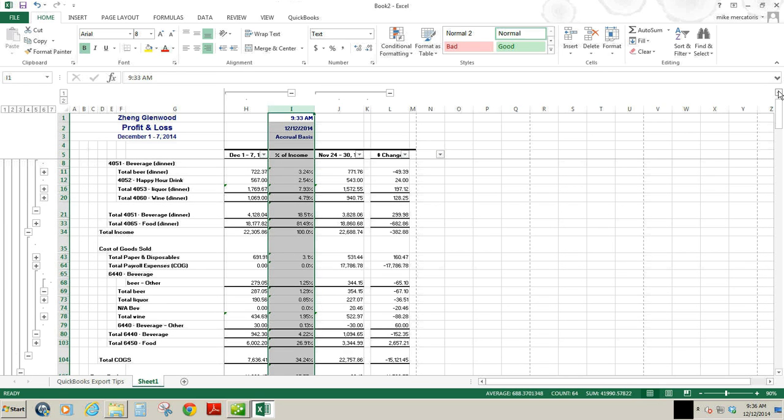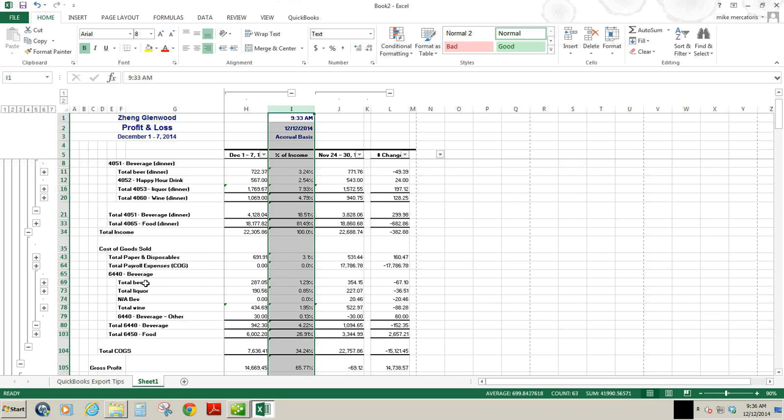So the first one, what we're looking for is I want to get my beer cost. I'll collapse that beer too. So I just have total beer, total liquor, total wine, and beverage. Now what this is doing right now is it's calculating the total percent of this, or of total sales. So up here, percentage of total sales, it's saying that